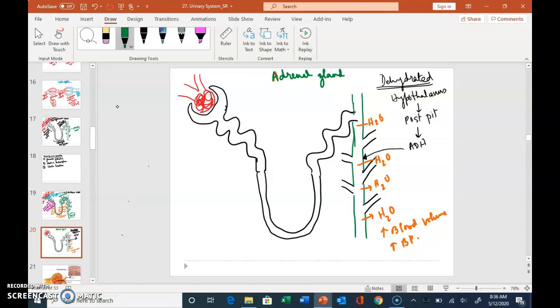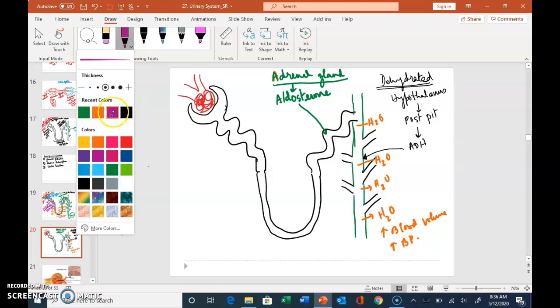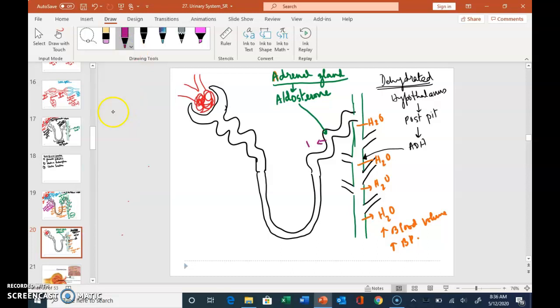When this adrenal gland releases a hormone called aldosterone, this aldosterone hormone works on the distal convoluted tubule, and it causes the cells of the distal convoluted tubule to be very, very permeable to sodium. So sodium